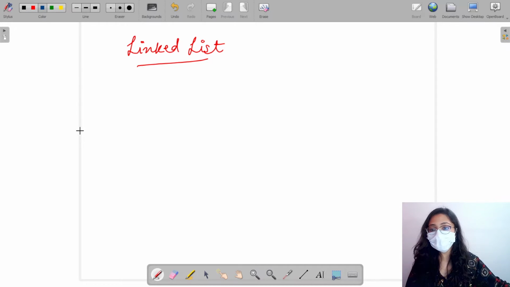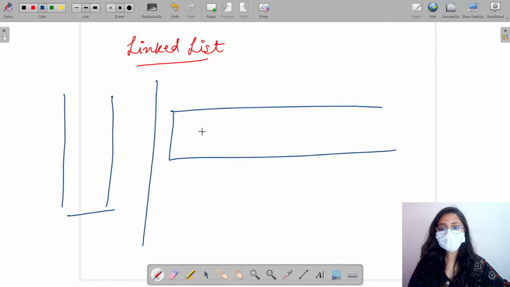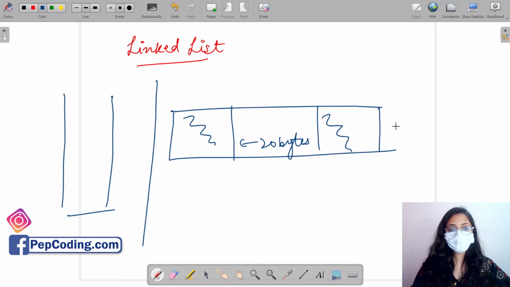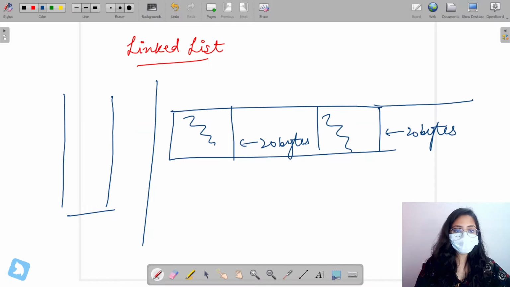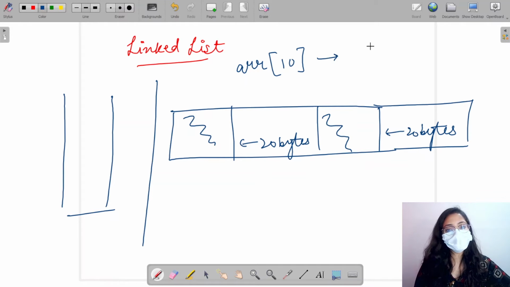So basically, if over here I have my memory, the heap. In the memory, I have a situation where this part is full, like there's something assigned to it. We have 20 bytes free. Then another part is full, and then again 20 bytes are free. This is how I have my memory right now. I want to create an array of 10 integers. Now, doing the basic mathematics, I need 40 bytes.